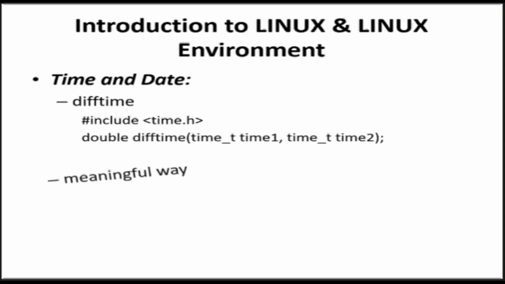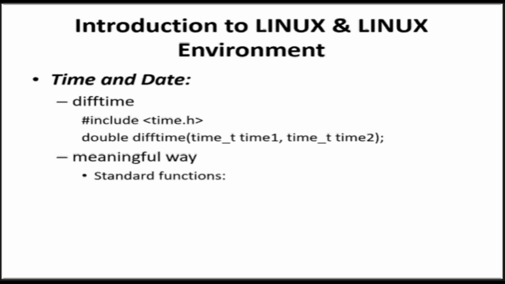But to present the time and date in a more meaningful way to be understandable by humans, we need to convert the time value into a recognizable date and time. There are some standard functions to help with this. The function gmtime breaks down a low level time value into a structure containing more useful fields. The syntax of gmtime is shown on the screen with timeval parameter. The parameter type is time_t for timeval.